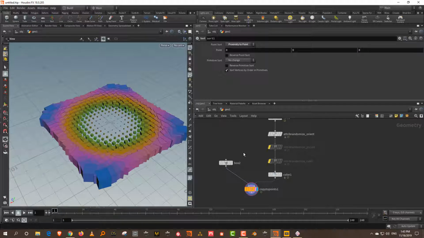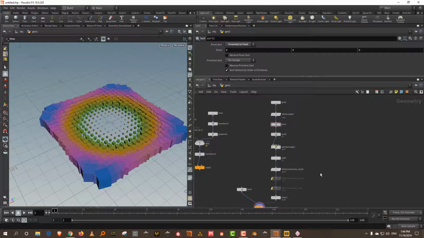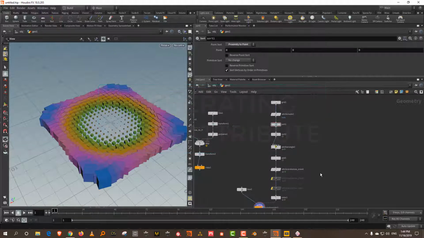Okay. Now let's take a look at one final thing, before I go back to the original project that we had done. Okay, so what we had done in the previous one, where we had just taken that rock and I had done a basic scatter. So we're going to take a look at that again, and we'll just modify it a bit more. But before that, we have one more thing to look at. So the final thing we want to look at is something called mask. Okay, so masking is new to Houdini 18. It's essentially, they're taking some existing stuff that was a little more complex, and they've just built really simple, easy to use nodes out of it.